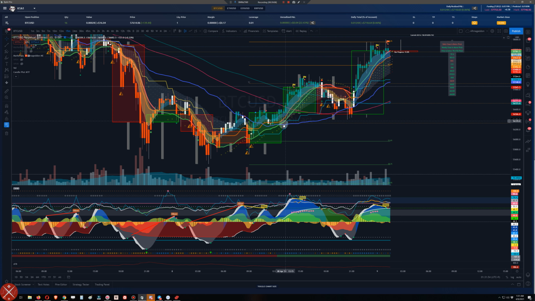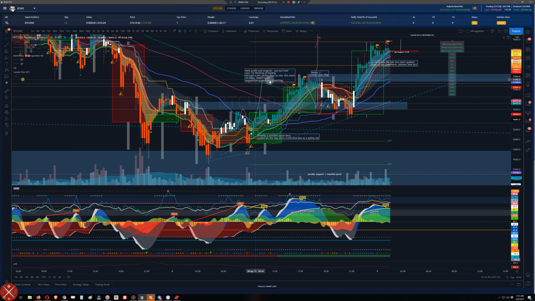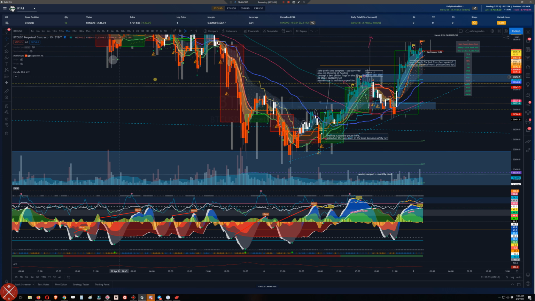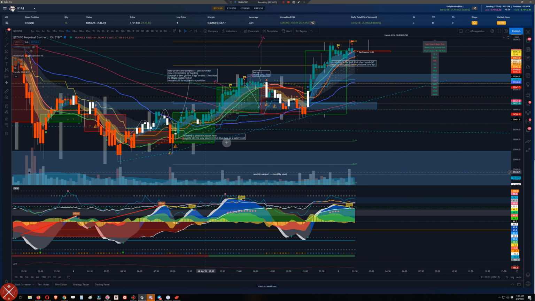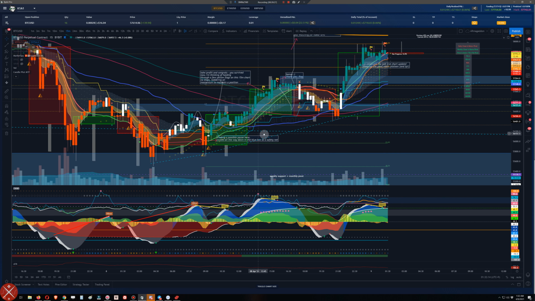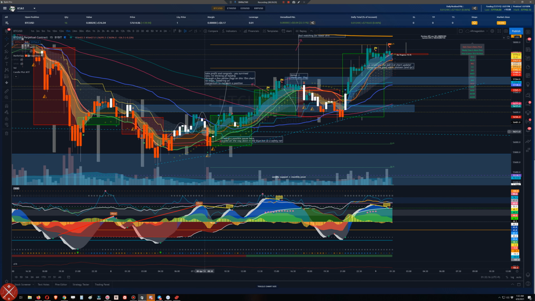In the meantime, I was setting up for another trade, this one here, to take us to this level, first level. Now there's a little bit of base, and this was my previous key level of interest here that I played, and so it's natural that we come back and take a pause here. Hopefully you're following along so far, and this makes sense. So trading this possible pause here based on the weekly support and monthly pivot,